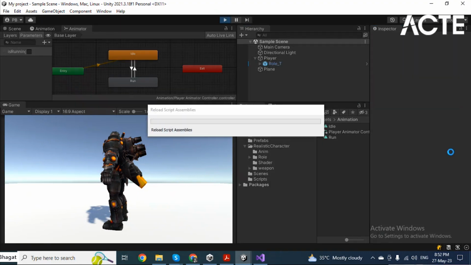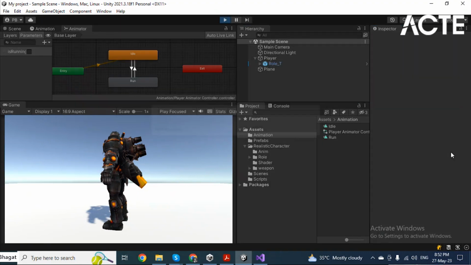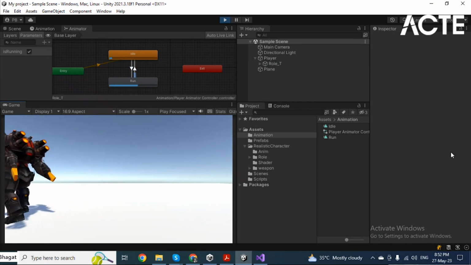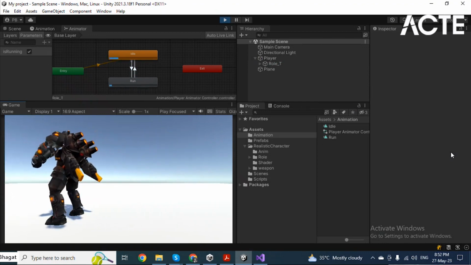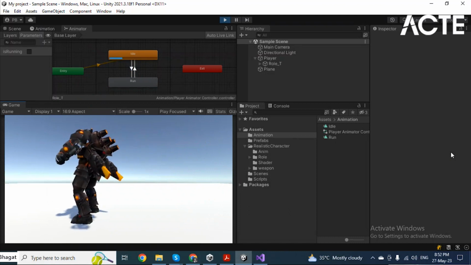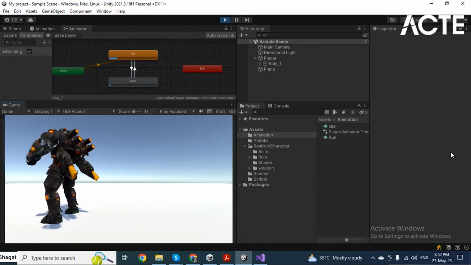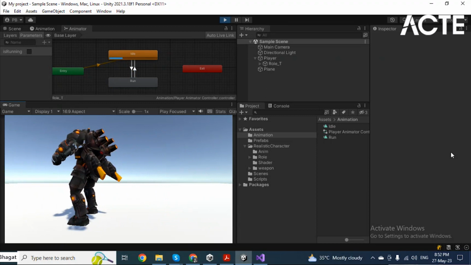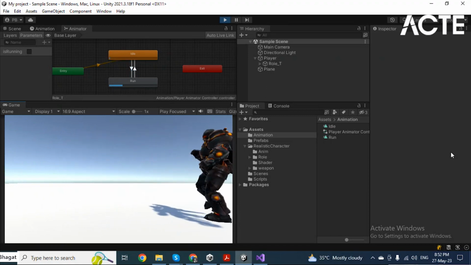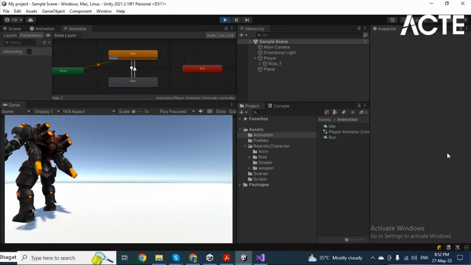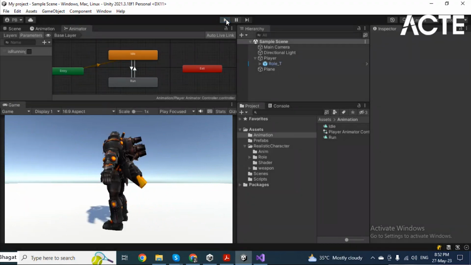Now if you play here, you can see it is moving like this. If I press the left arrow key, then it is going left, and if I press the right arrow key, it is going back. You can do one thing. Now, one more thing you can do. If you want, you can make this